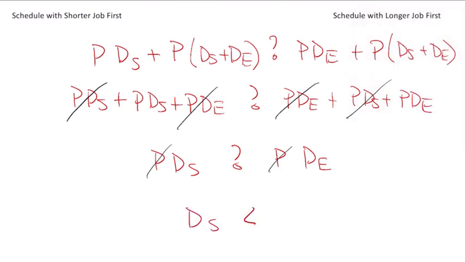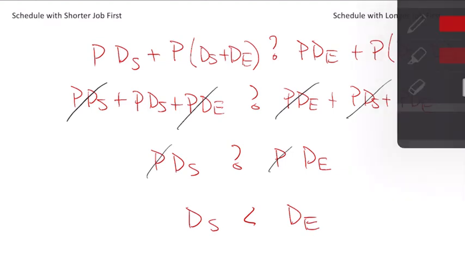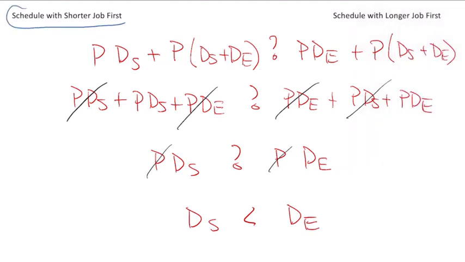And we know that the duration of the shorter job is less than the duration of the longer, extended job. So in this case, it's better to go with the shorter job first. And that should make sense. If I go back to this picture,